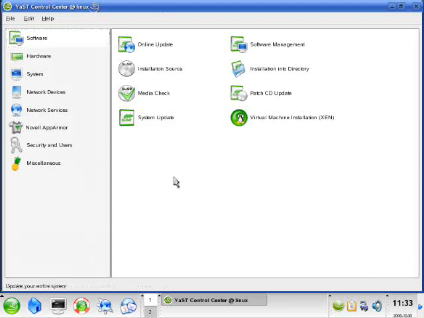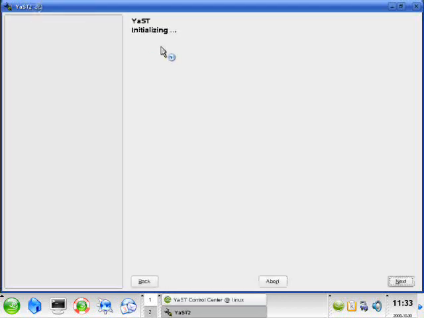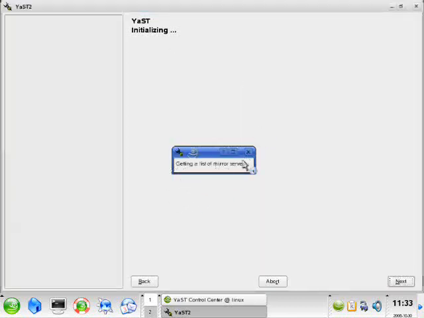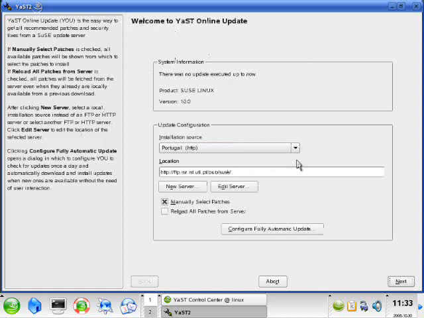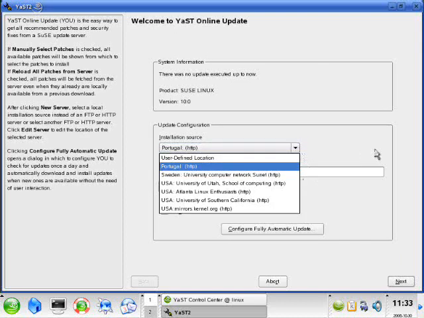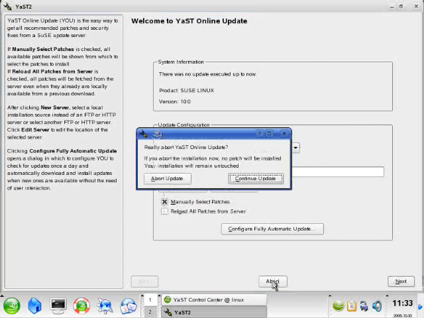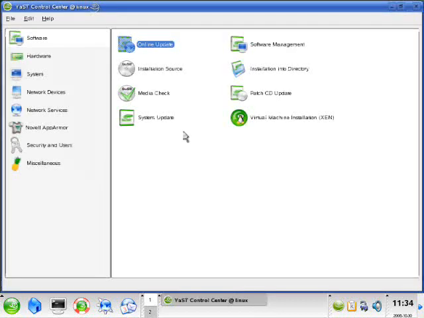Okay, there's a couple of things I want to show you in YaST, because people are asking about it. First off, you can do an online update, which you can go ahead and update. Pretty much it's kind of self-explanatory. Get a list of mirrors, and then you can choose your installation source, and next, and all that other stuff. Software management is where we can go ahead and add new software if we don't want to